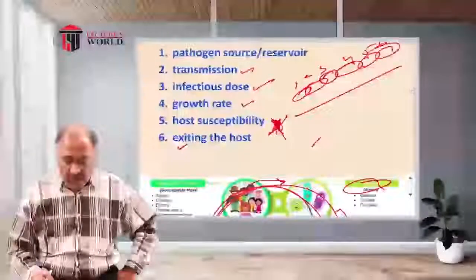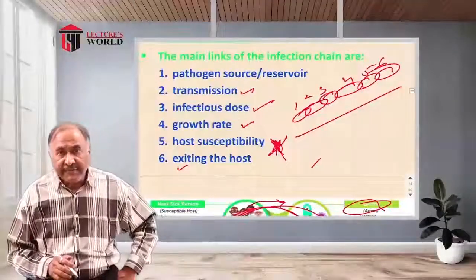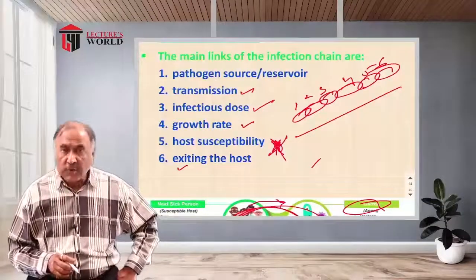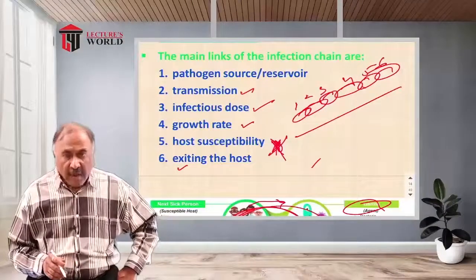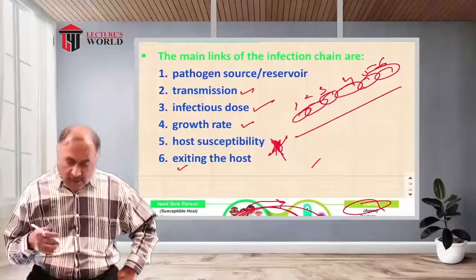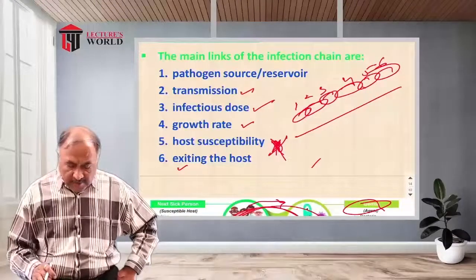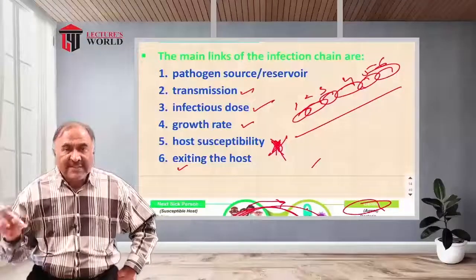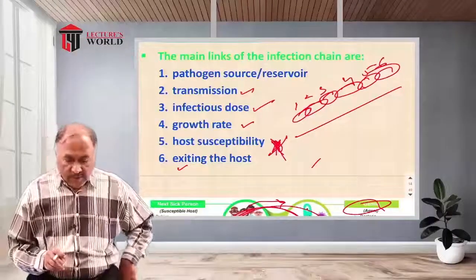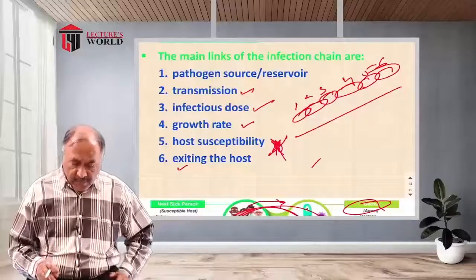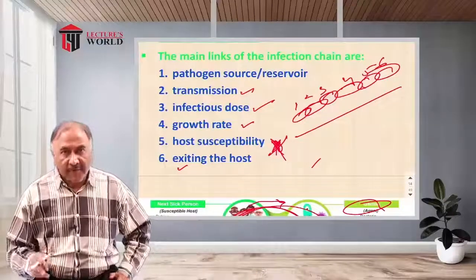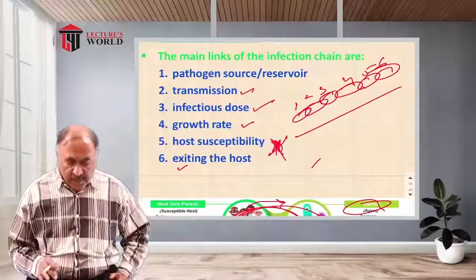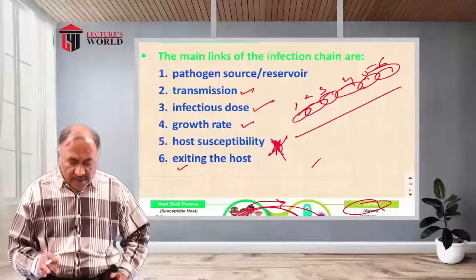Last but not the least, we studied 6 different components of the infectious chain: pathogen source or reservoir, transmission, infectious dose, the growth rate, and the host susceptibility, as well as how the pathogen would exit from the host. So these are the 6 different components of the infectious chain. We will be studying each of these components, including the transmission,